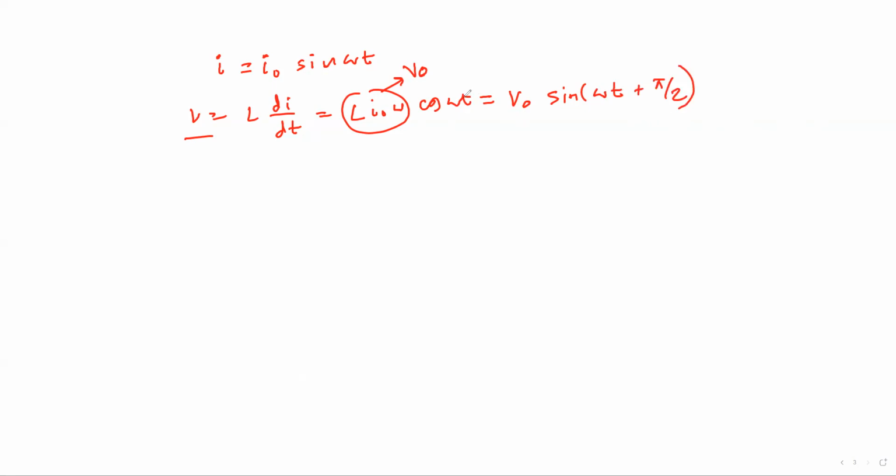So you can see that for V and I, apart from the magnitude, which we are not interested in, we're interested in the phase angle only. So the phase angle difference between voltage and current is pi by 2. They are basically almost the same expression, only differing by an angle pi by 2, 90 degrees. So what happens here is that, in terms of angular phase, the voltage leads the current